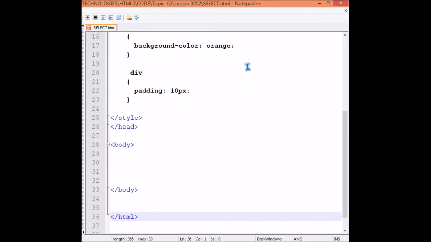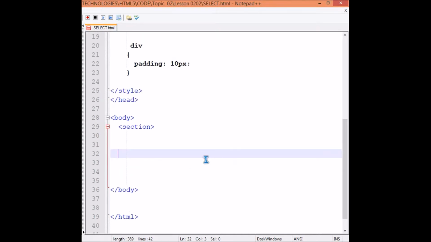Let's start with the table, but before that, what important thing I want to introduce is our section. What is this? This is a new tag in HTML5, section, and I have to end this section also. Let me write it here, section ending.